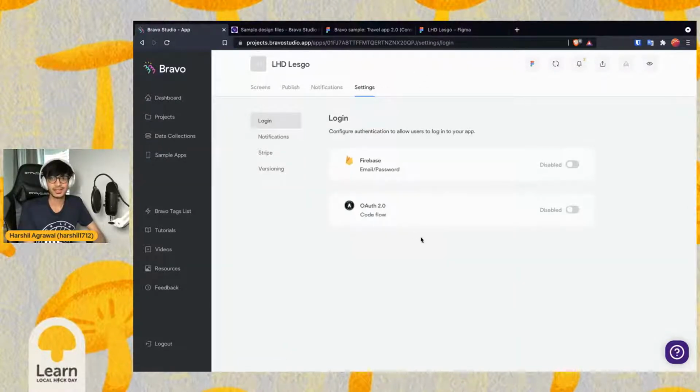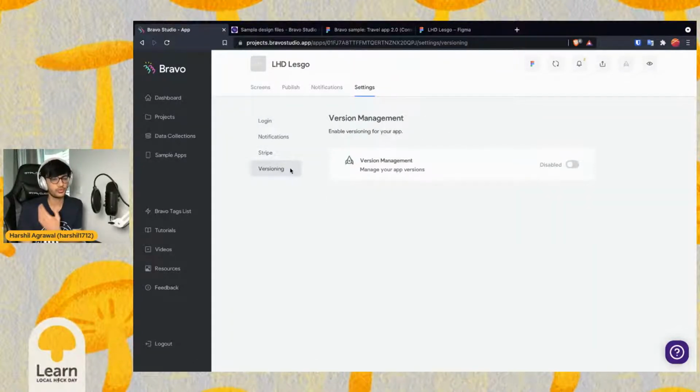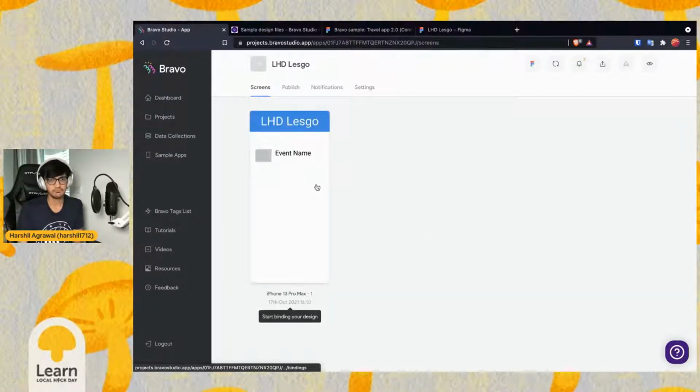And in the settings, you can use Firebase, or you can use OAuth 2 for login, for authentication. You can have Stripe integration. You can have versioning for your app, and again, you can have notifications via OneSignal, right? So, all right, let's now try to